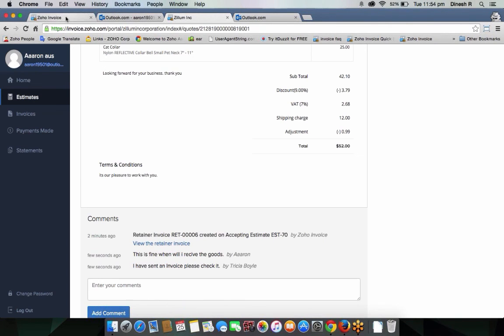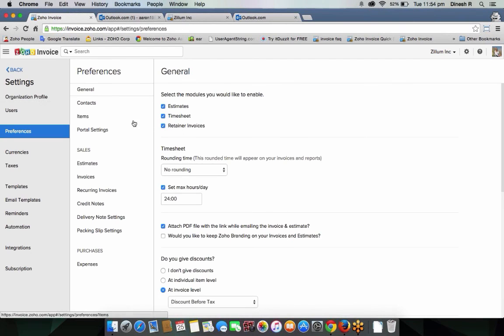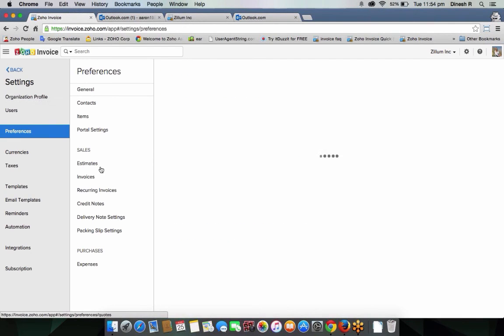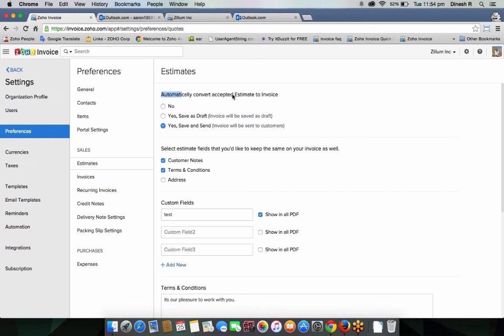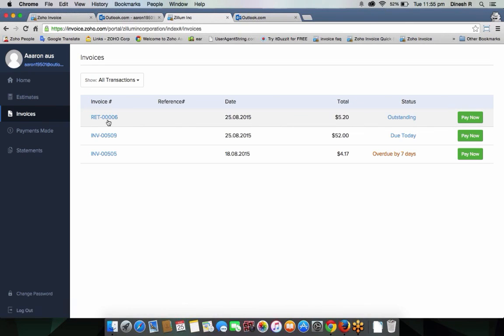And inside the settings, inside Zoho Invoice, when you click on preferences, here under the estimate section, you have an option where you can automatically send an invoice from the copy of the estimate which is accepted. So whenever my customer accepts an estimate, I can clone that to an invoice and send it across to my client in an instant. I've selected that. Based on that, when my customer goes to the invoice section, he will find the invoice